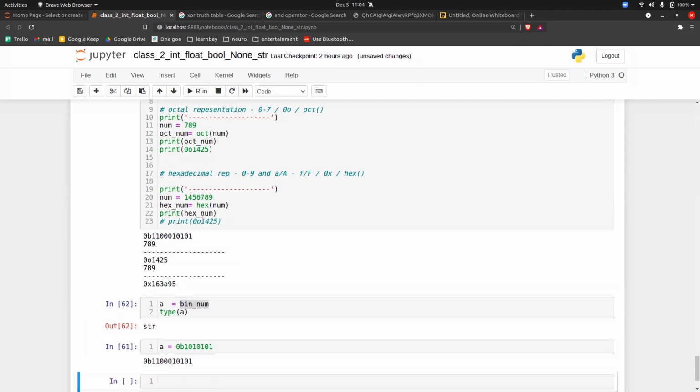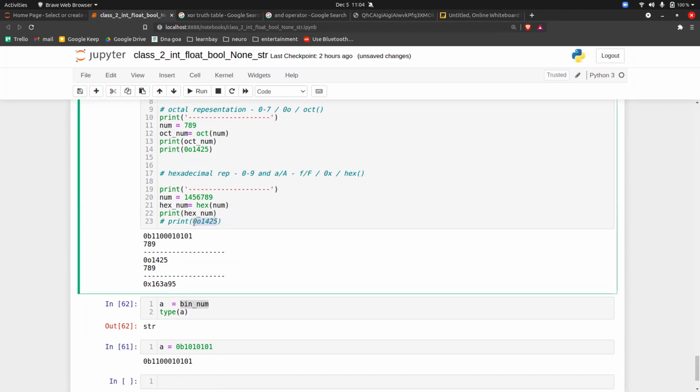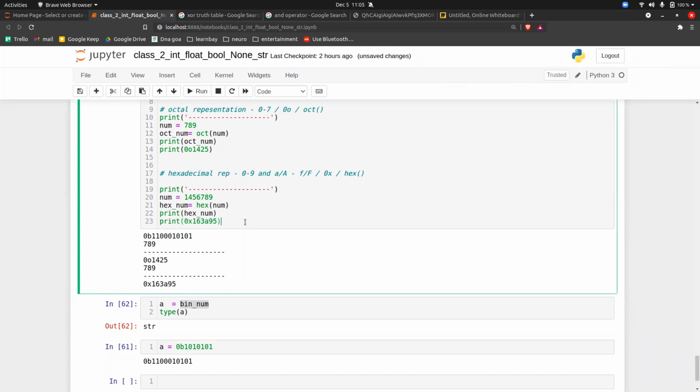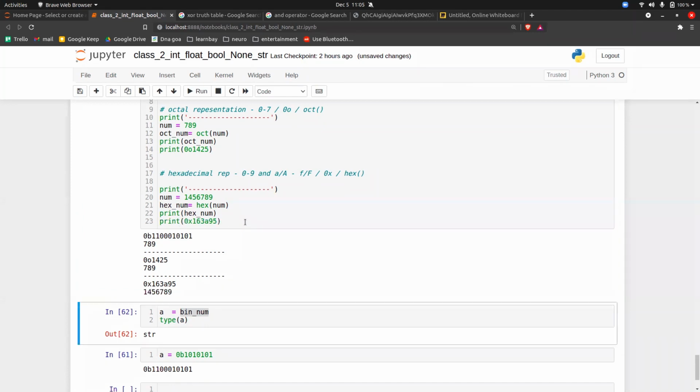And if you want to revert it back, copy this, paste here, execute it, and you will get the answer back. I will uncomment this, and you get the answer as 1456789 back. Okay, guys.